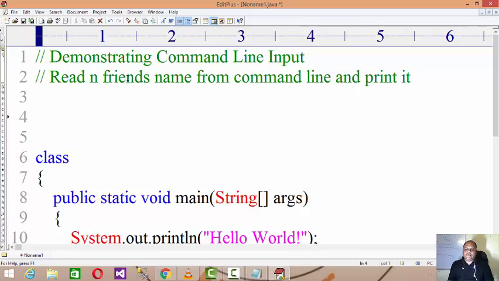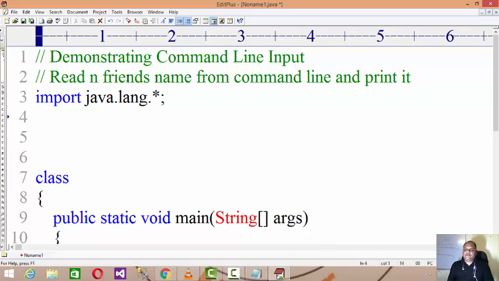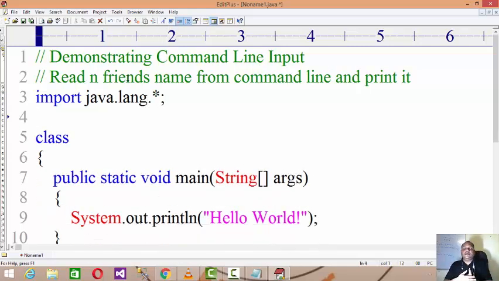Right? So I need to import java.lang.*, and that's it. I don't require any other because I'm not using any Scanner or BufferedReader.